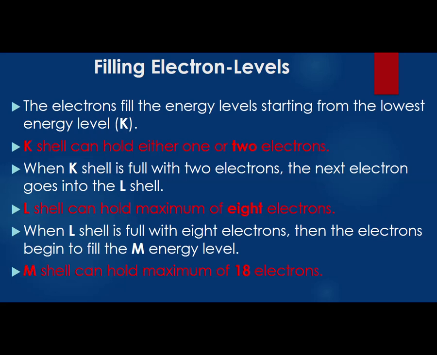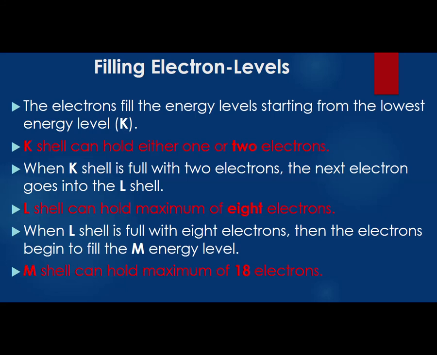It cannot move in the second shell or third shell. Actually I just want to tell you that hydrogen is the atom which has just one shell. It does not have a second shell or third shell or fourth shell. Then the K shell can hold either 1 or 2 electrons. These are the maximum number of electrons which a K shell can hold, and that is just 2 electrons. In the K shell there may be just 1 or 2 electrons, not more than this.